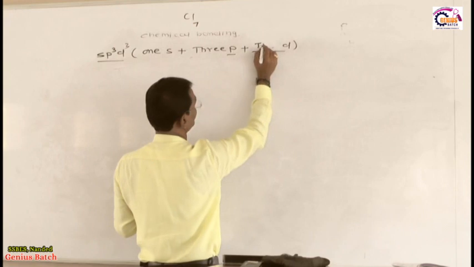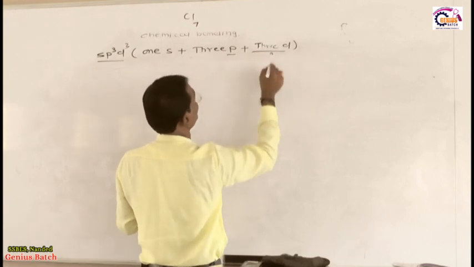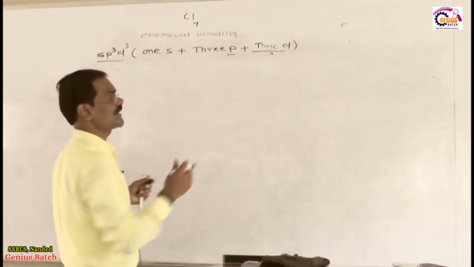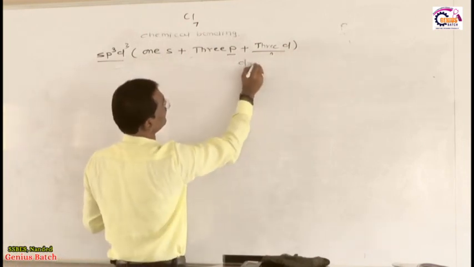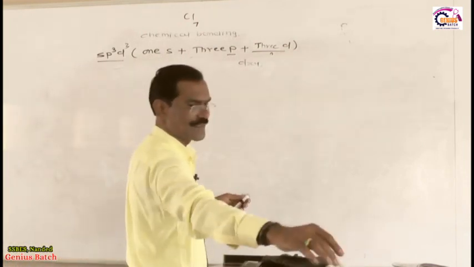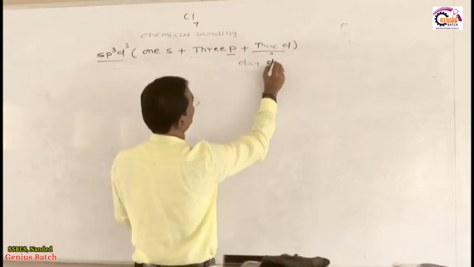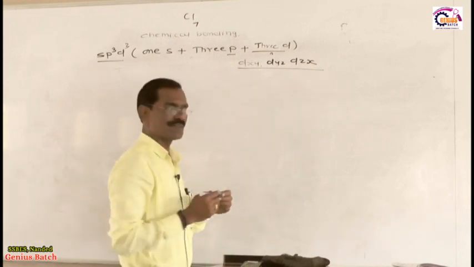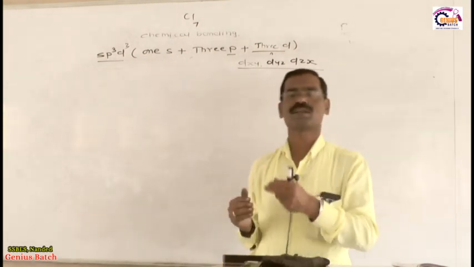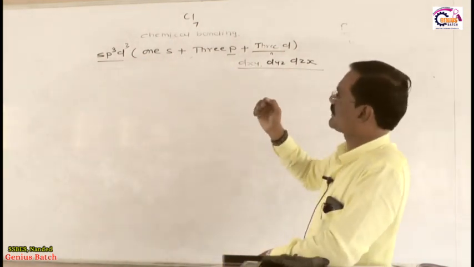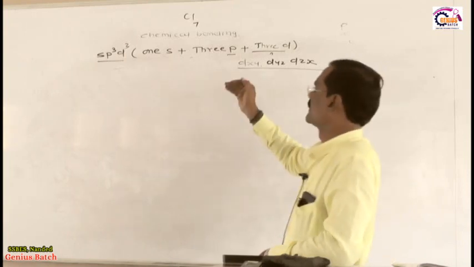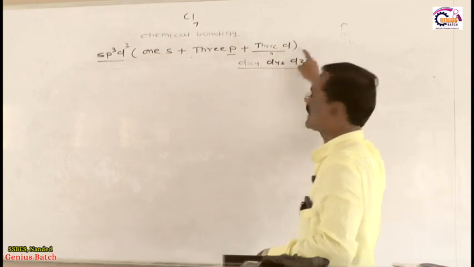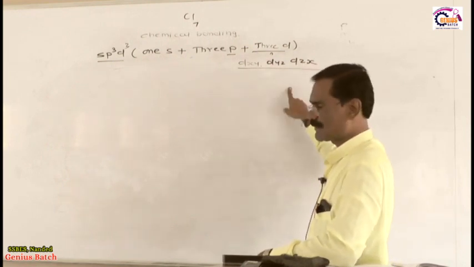1s, 3p, and in place of 2d, in this case 3d orbitals are involved in this mixing. Now which is the 3d? The 3d orbitals are dxy, dyz and dzx. These are the three orbitals which are involved in this mixing. So what is the definition of this sp3d3 hybridization? This is the hybridization in which mixing of 1s, 3p and 3d orbitals takes place, and after mixing it gives